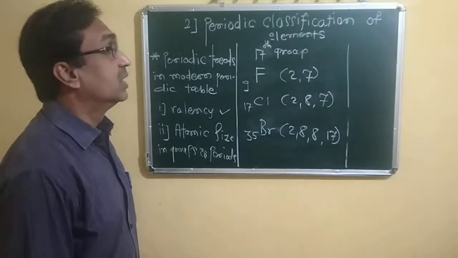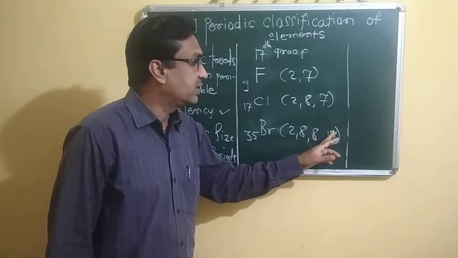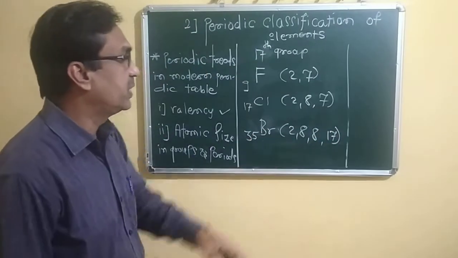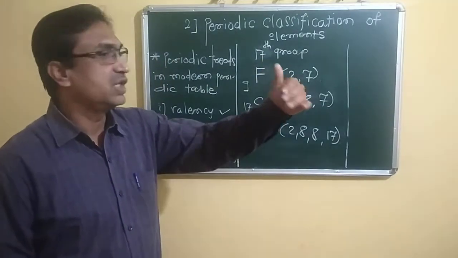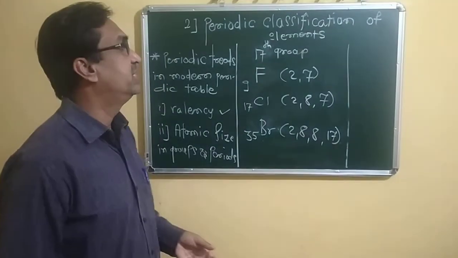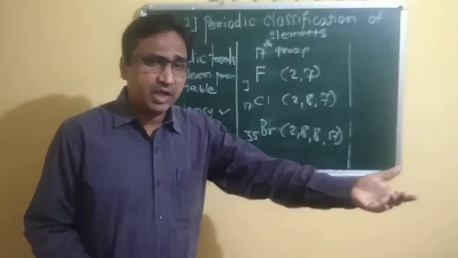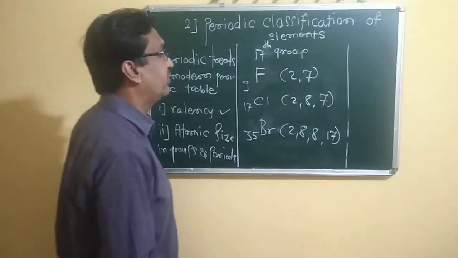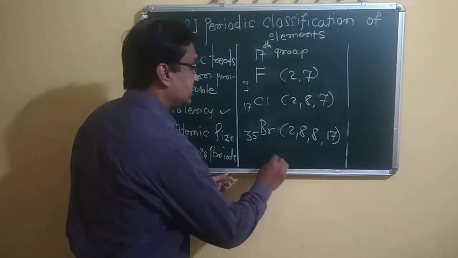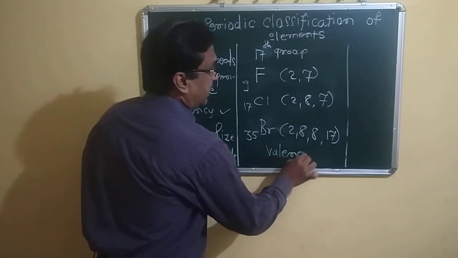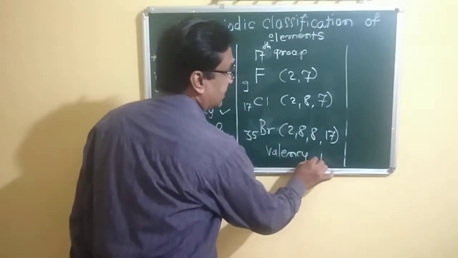In this way, what they are doing in the 17 group element is they have taken 1 electron from another element instead of giving 7 electrons to the other. It is easy to take an electron from another element and complete its octet. In this way, they have taken one electron from another element, that is valence is 1, and they have taken an electron, that is its valence is -1.